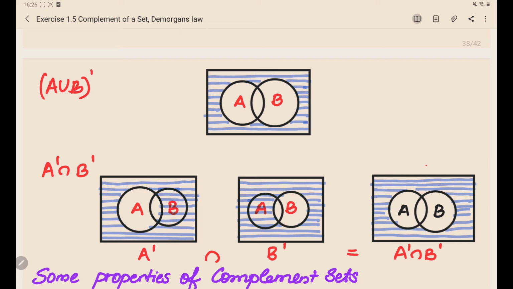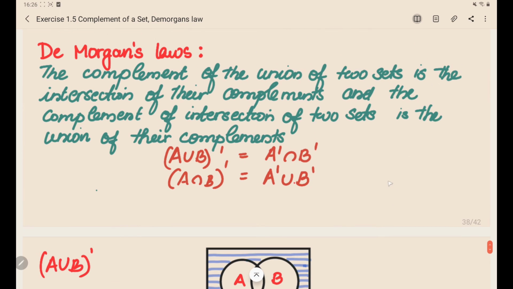So if you take the intersection of both these sets, you can see that the portion outside A union B is common for both the sets, right? And that's what is drawn in this figure. So this is the answer for the RHS. Now compare the LHS and RHS figures, you can see that both these sets are the same, and hence you can say that the law by De Morgan is valid.